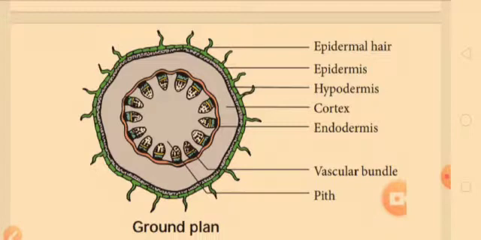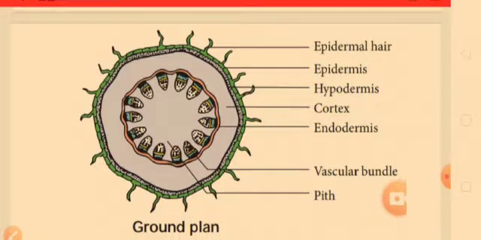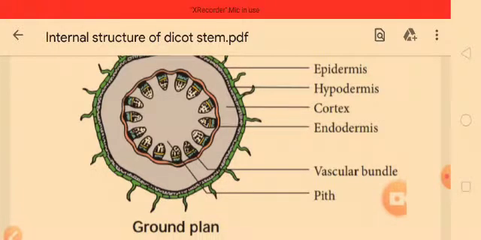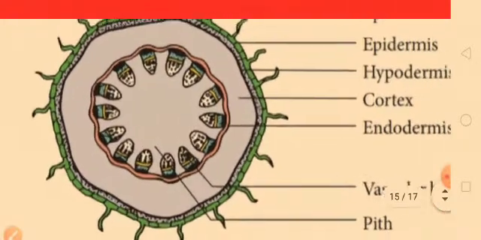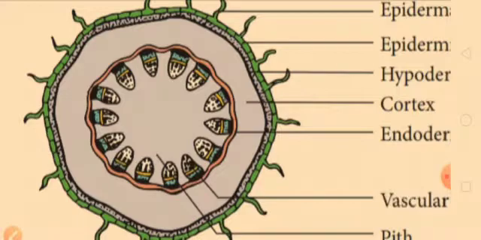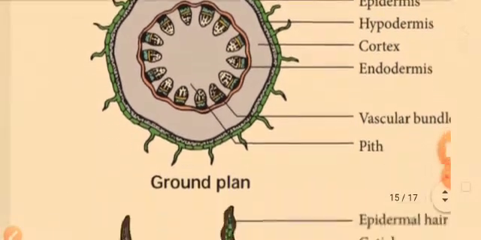So the cortex is divided into three, that is hypodermis is the first layer, and next one is the middle cortex, then the inner cortex. Next we have the endodermis, which is the first circle. Then inner to that lies the pericycle made up of sclerenchyma cells, and you have vascular bundles arranged in the form of a ring. You can see it is in a circle.